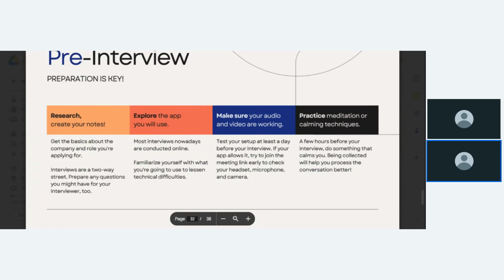interviews are two-way streets. While you are being interviewed, you should be interviewing the company as well, because it should be somewhere that is good enough for you to work. You don't want to end up just anywhere, right? So interviews are two-way streets. So prepare your questions. I get cringy, should I use that word, when I hear candidates say they do not have questions.